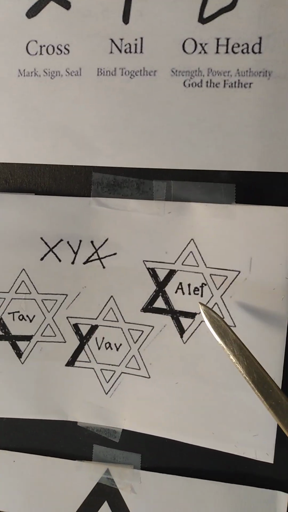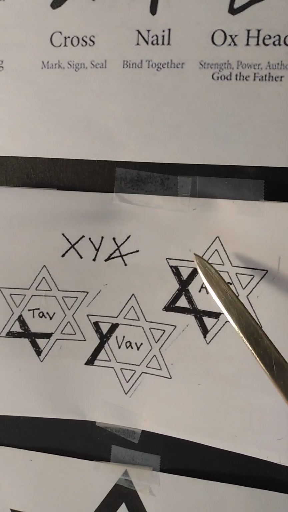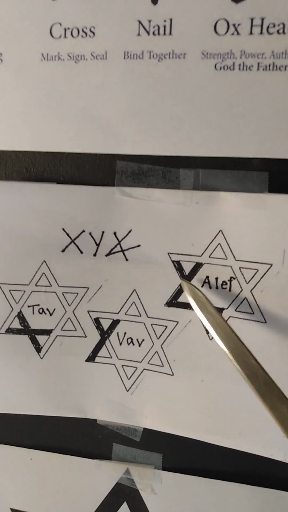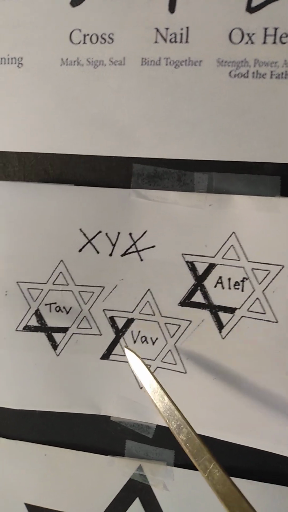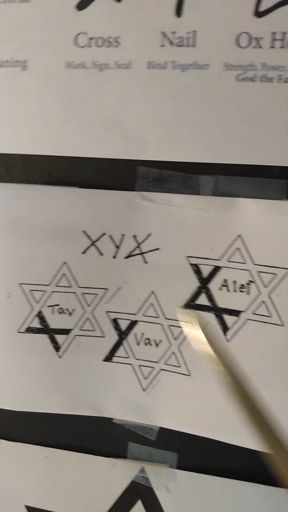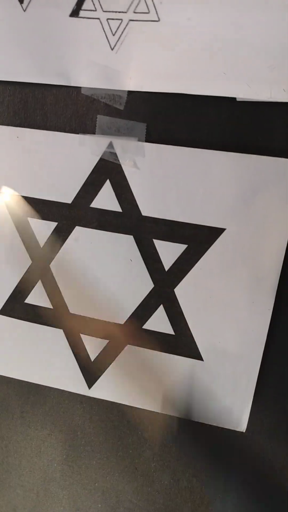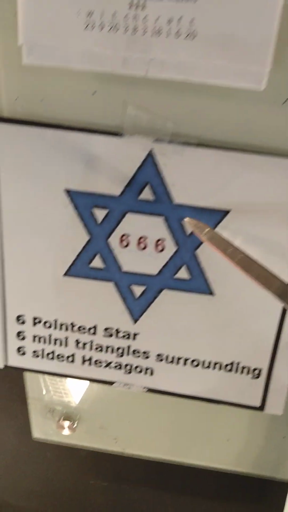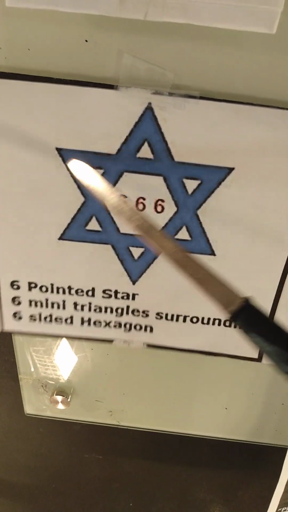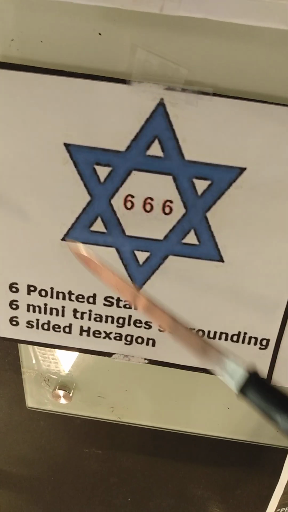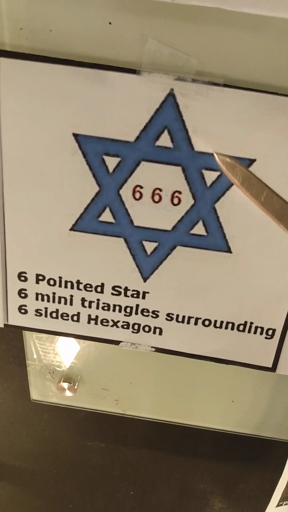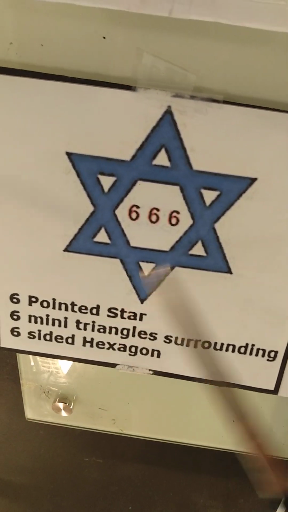And the word oath here, you can actually see it's inside this symbol of witchcraft here, okay? As you can see, it is Aleph right here, then you have Vav, and then you have Tav, which is the X. So somebody played with this nonsense and managed to fit it inside of witchcraft, where witchcraft is understood to be this symbol as well as magic. Magic is 33, and you have two triangles inside here that make the symbol of witchcraft, and witchcraft is represented by this symbol through the six-pointed star, six mini triangles, and a six-sided hexagon.